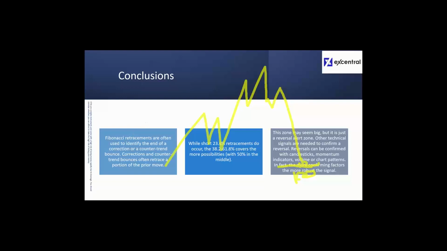Now, Fibonacci retracements are often used to identify the end of a correction or a counter trend bounce. Corrections and counter trend bounces often retrace a portion of a prior move. While the 23.6 retracements do occur, the 38.2 to the 61.8 covers the most possibilities with 50% in the middle. This zone may seem big, but it's just a reversal alert zone. Other technical signals are needed to confirm a reversal. Reversals can be confirmed with candlesticks, momentum indicators,